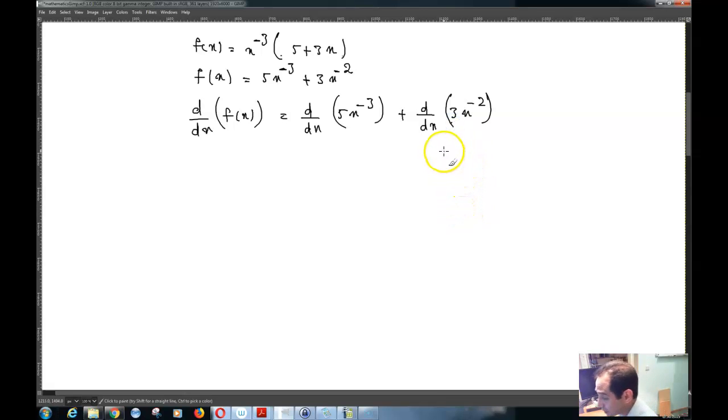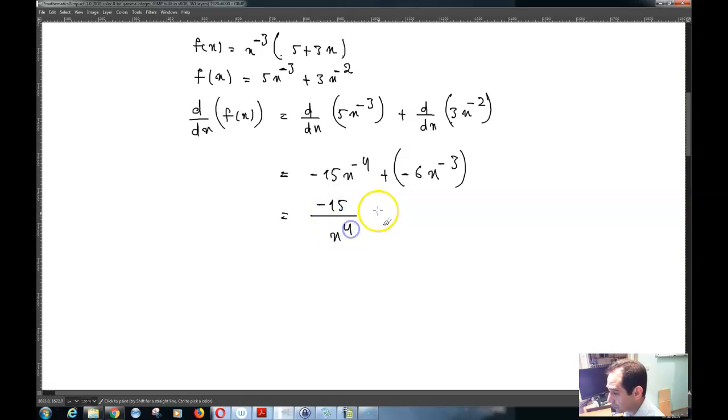So you can do this, and then this would be, for example, negative 15x raised to the power negative 4 plus negative 6x raised to the power negative 3, and that's the same thing as, for example, negative 15 over x raised to the power 4 minus 6 over x raised to the power 3, and then, for example, you can take a negative 3 over x raised to the power 4 out, and then write this as